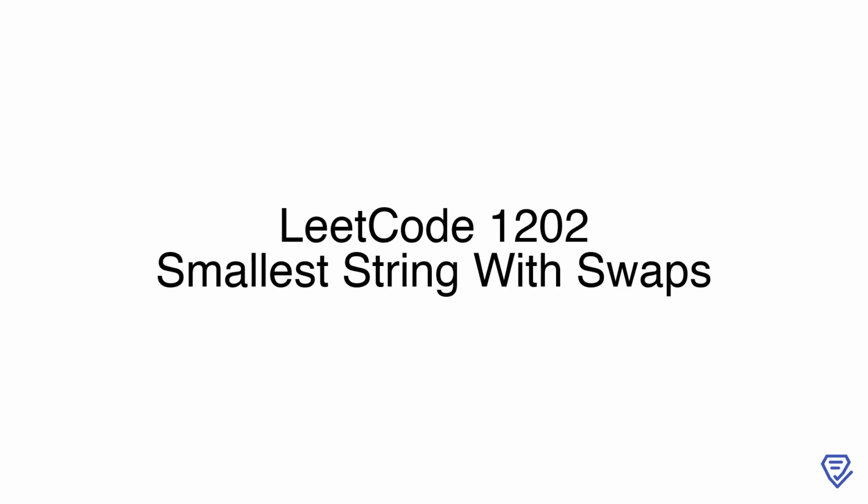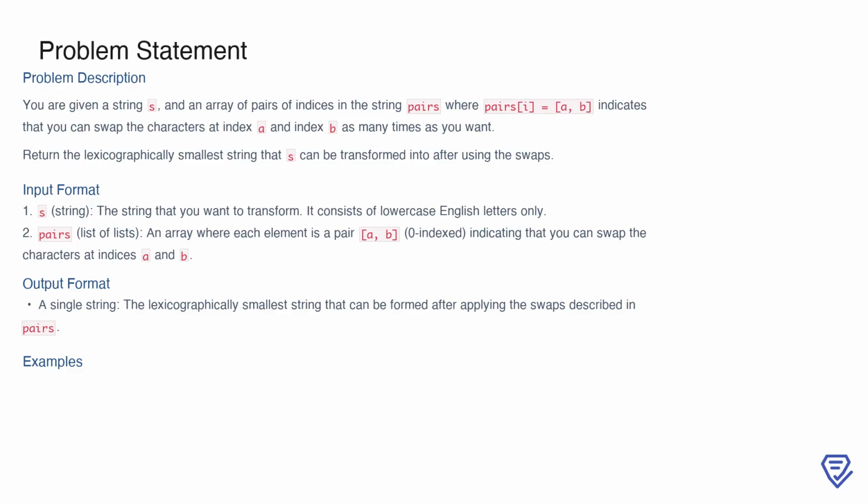Welcome! Today, we'll dive into an exciting and challenging problem, LeetCode number 1202, smallest string with swaps. Together, we'll explore various approaches to solve this problem efficiently. Let's get started. In this problem, you are given a string S consisting of lowercase English letters, and an array